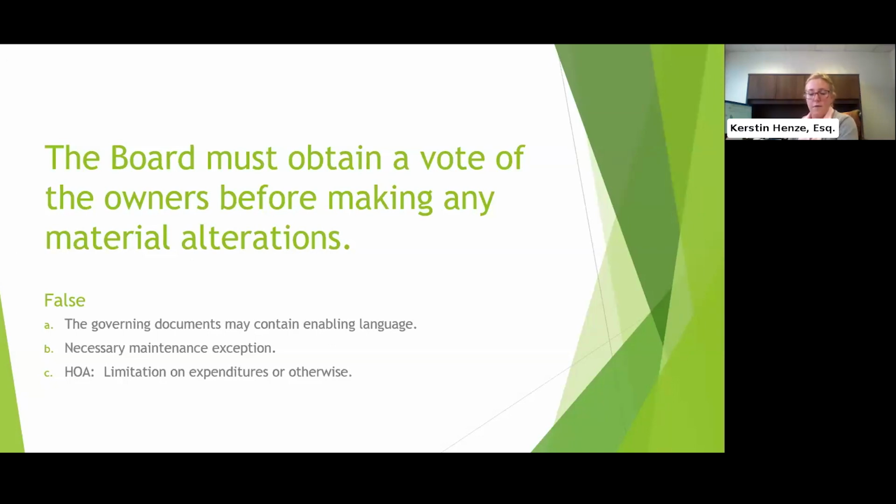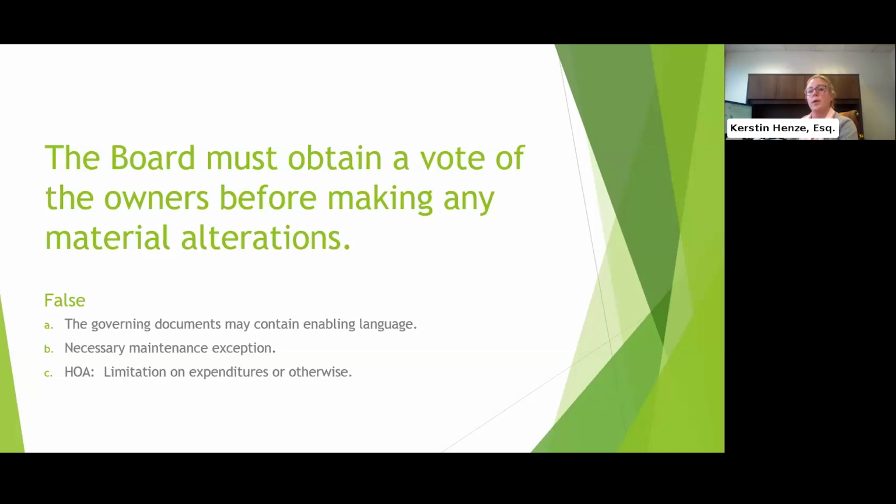Okay. For homeowner associations, the statute doesn't really address material alteration. So it's going to be something that is very document specific for your homeowner association if you're governed under 720. What you will find, though, more often with HOAs is that you might have a limitation on expenditures, and that could even be in your bylaws. So the association cannot expend more than $200,000 on any given year without membership approval.